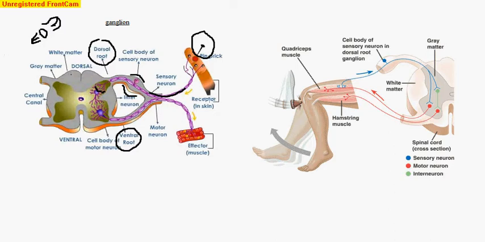So the other thing is receptors and effectors. These are very important terminologies. Receptors are simply the region where they receive the stimulus, and effectors are the region where it is affecting. Like for this case, when the pin sticks your skin, which is a receptor, the hand will get an impulse, and the muscles in the hand which are responsible for moving the hand will create an effect which will remove the